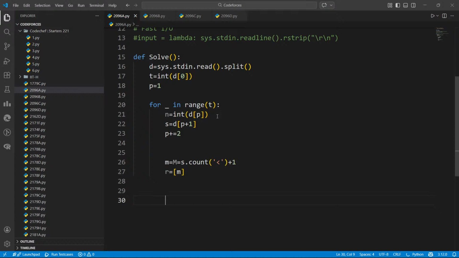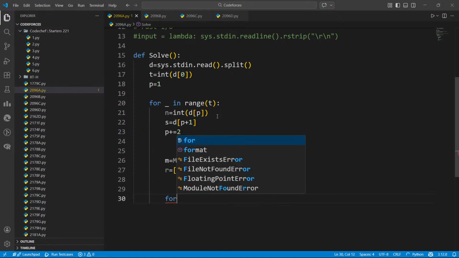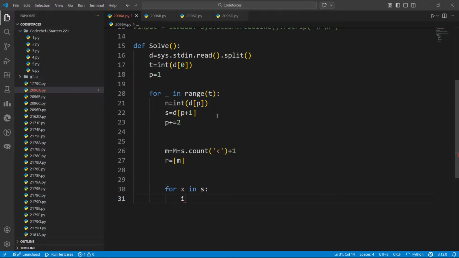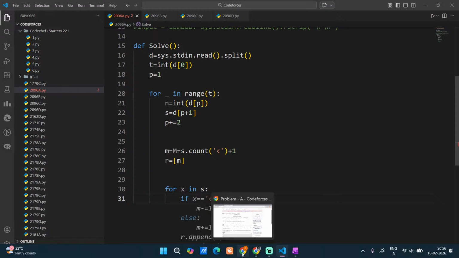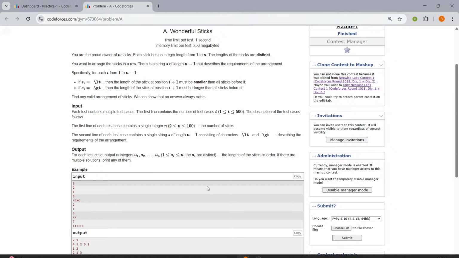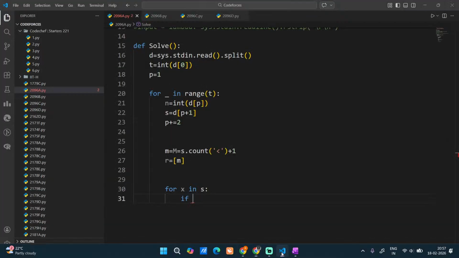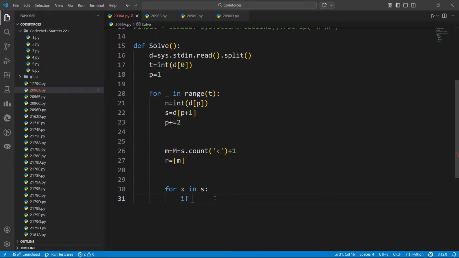Now we'll run another loop, for x in s. If x is equal to,